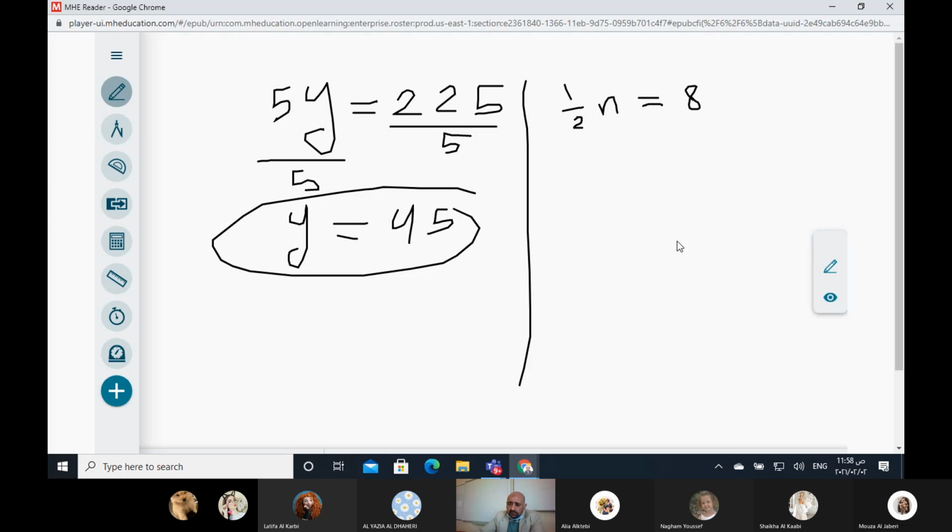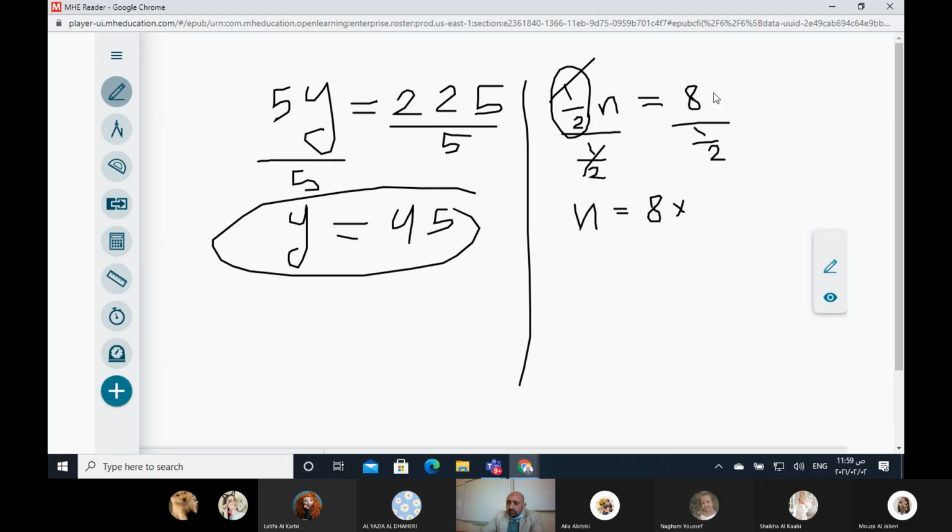Listen to me please. The first step, determine the coefficient. The coefficient here will be 1 over 2. The second step, divide the two sides by the coefficient. Divide here by 1 over 2 and divide here by 1 over 2. 1 over 2 divided by 1 over 2 will be 1n. 1n means n equal 8